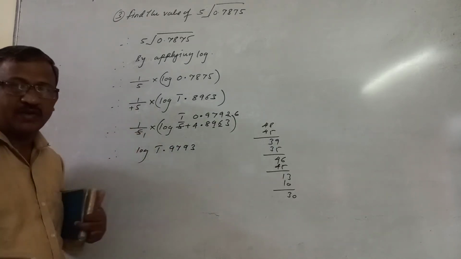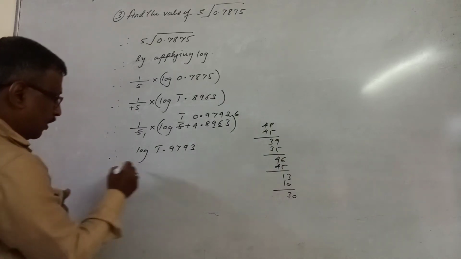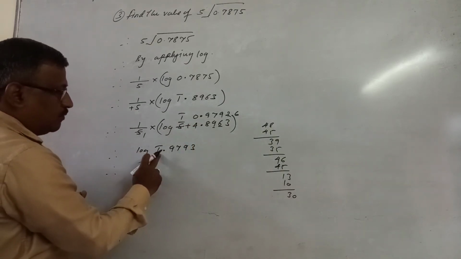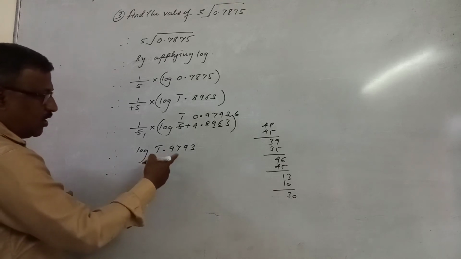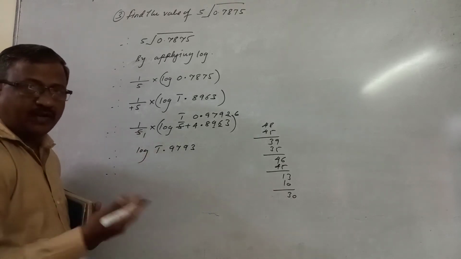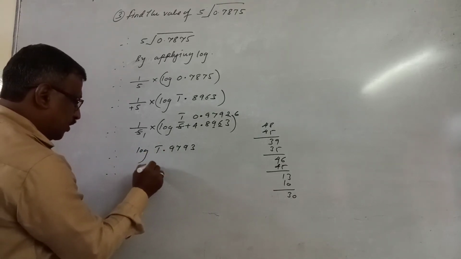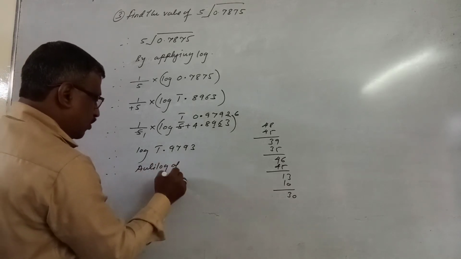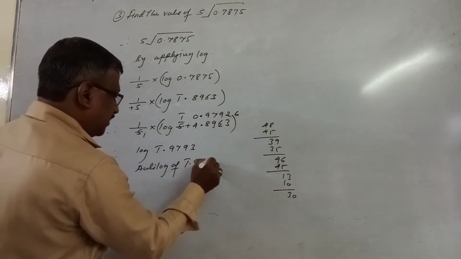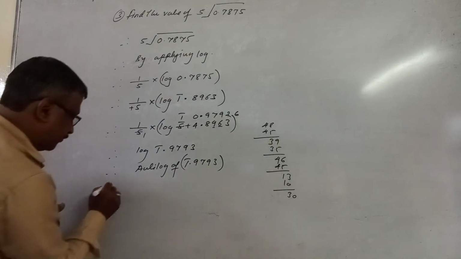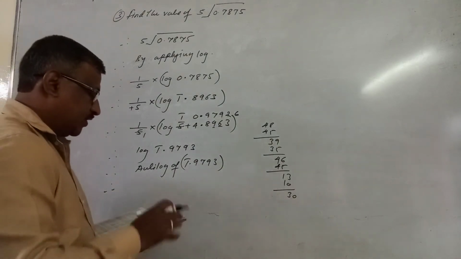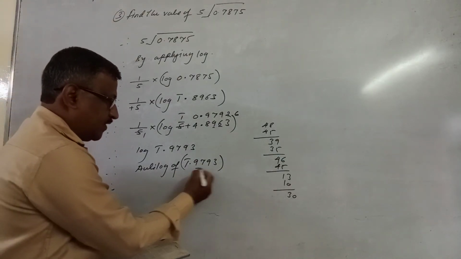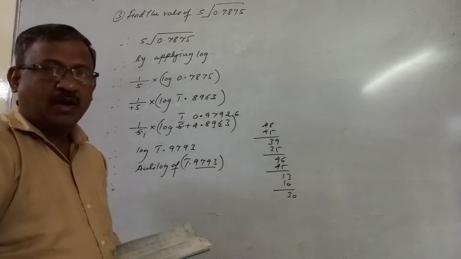This calculation is very important, right? So after dividing this, we have got bar 1.9793, and now of this one, if you see the anti-log, we get the answer. So now you go for anti-log. So it is anti-log of, it is bar 1.9793. Okay. So now refer this fractional part and find out the value from the anti-logarithm.